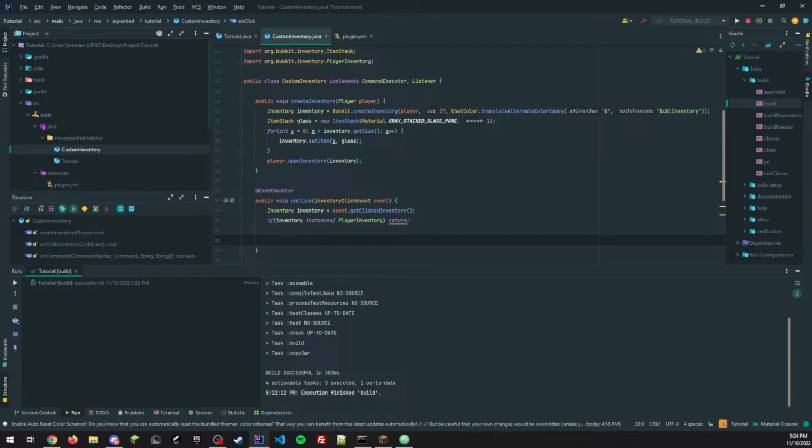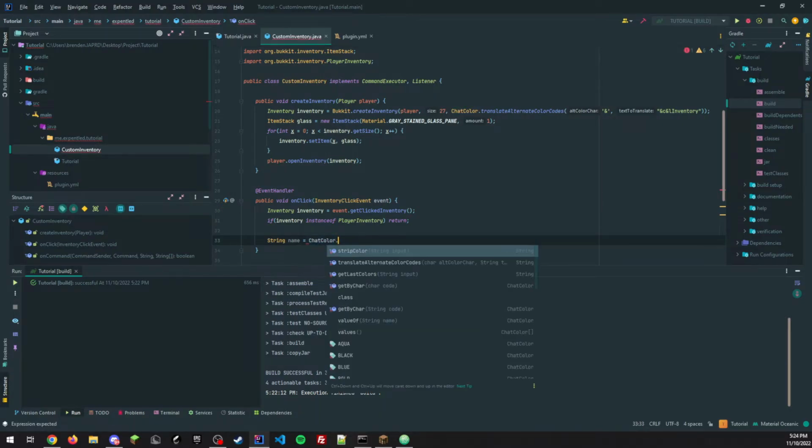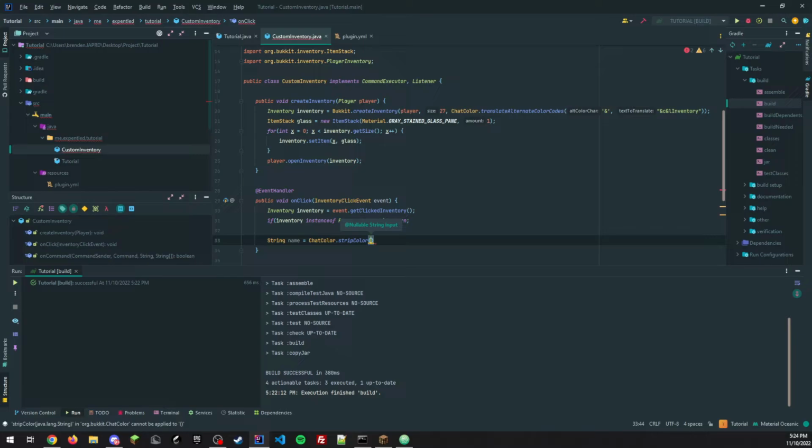The second thing is to actually verify that this is the proper inventory. We'll grab the name, and we're actually going to strip the color from the title. You can check if it equals with the color codes, but it just makes it look ugly, so I prefer to strip the color. And to get the title, you actually have to do